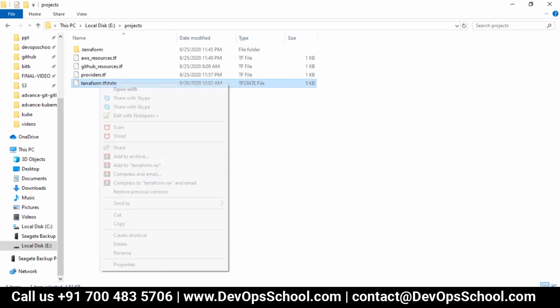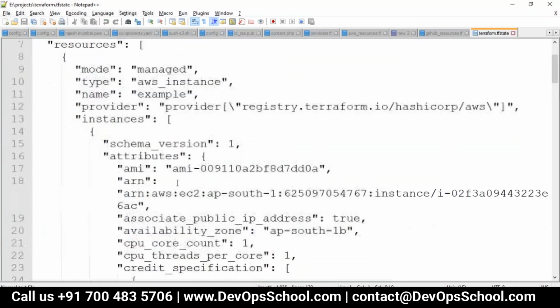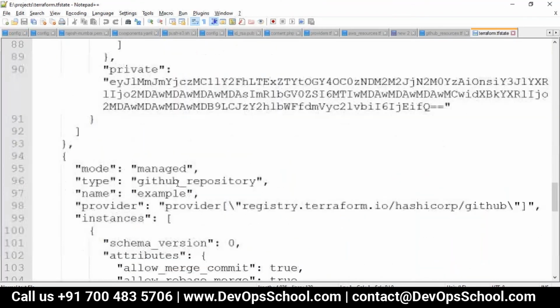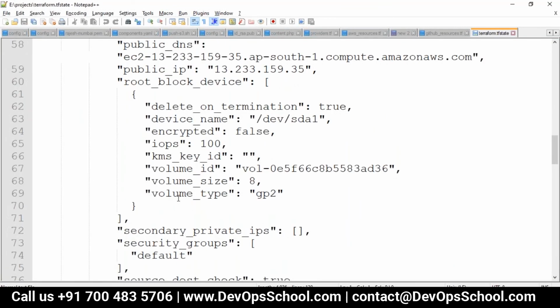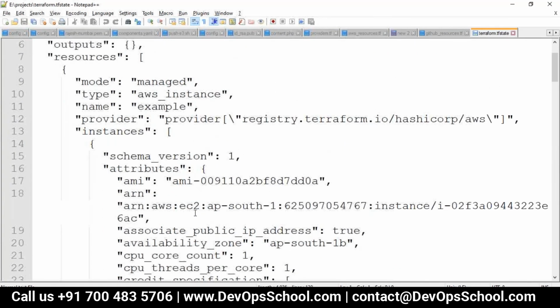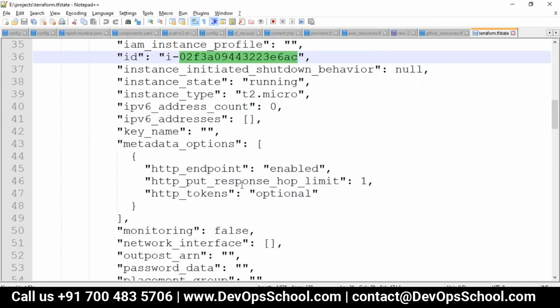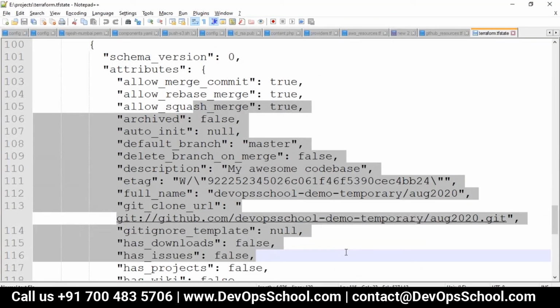Now in this state file, whatever got created, it has recorded. You should not touch this file. You should not change anything. This is a JSON file. You should not do anything here. This is managed by Terraform. If you want to touch something, touch the Terraform script, not the state file. And everything that got created, you see the instance ID here, it must be having it. So where is that? Look at this here. And for this GitHub, they have everything. Okay. So these are the changes you have got done.